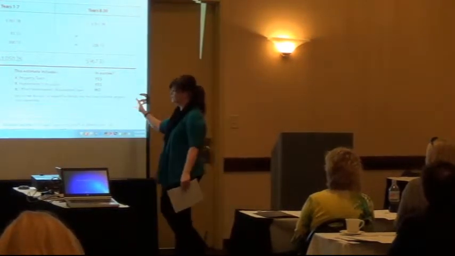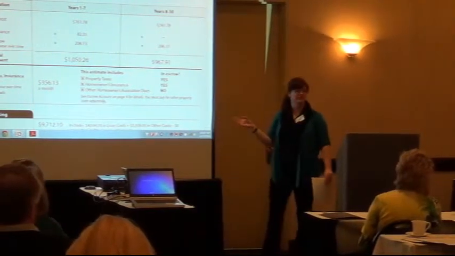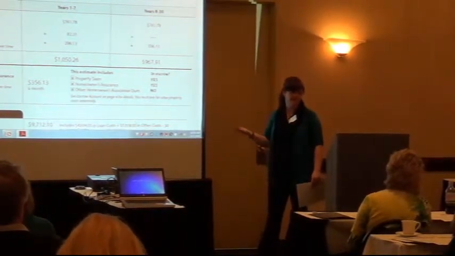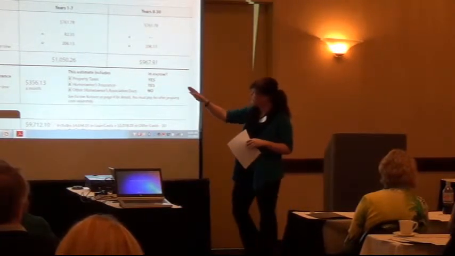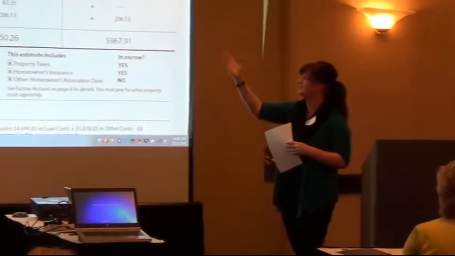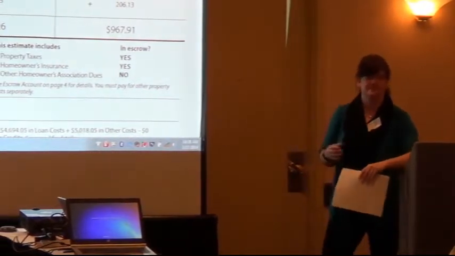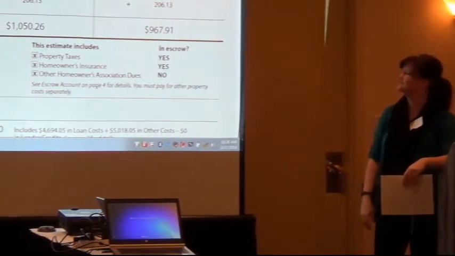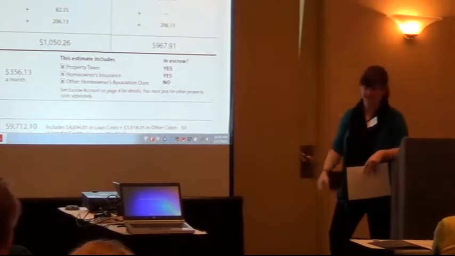There's a lot of good, actually, little italicized notes that are good for the consumer that we don't have now. It gives a little bit more explanation on some things. But we have over here years 1 through 7. So it's saying your principal and interest is $761.78, and then years 8 through 30 is going to stay the same. So when this first came out, I was like, not all loans are 30 years. Why is it 1 through 7 and 8 through 30? I hadn't read everything yet, obviously.